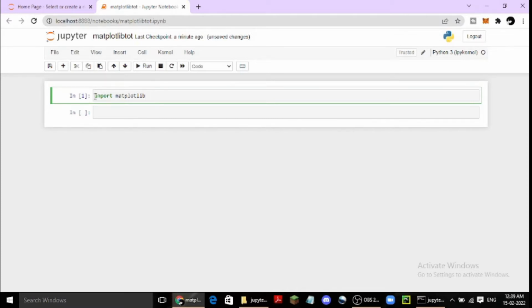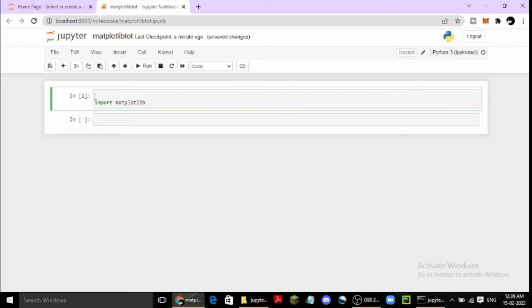So for it to allow, we need to write one inline, that is percent matplotlib inline. Now if I do shift enter,